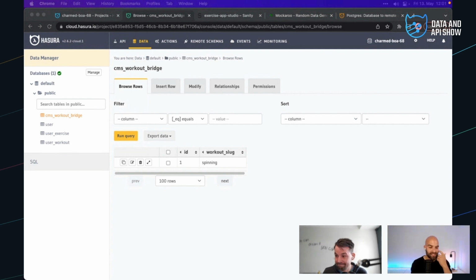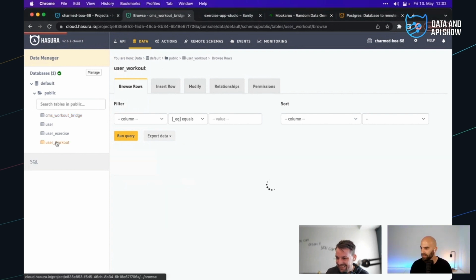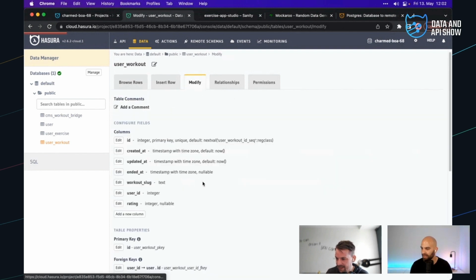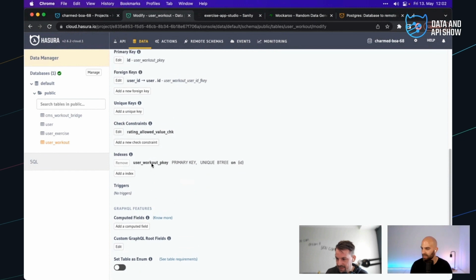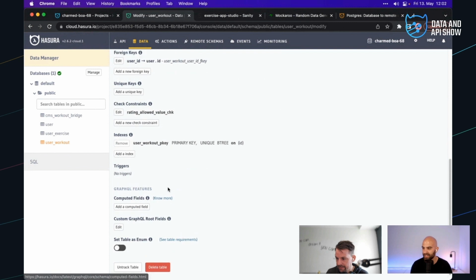So this is the way that you could do this, right? You could say that this is a way to insert and create a check that you would then be able to do a lookup and say is in select. I mean, we could do it really fast. Let me see here. I'm working on getting better at my SQL. I'm really poor at it. If we go to user workout, we do something like our modify here. We could do a custom check. So our field here is workout slug. Now it might complain that I don't actually have it.